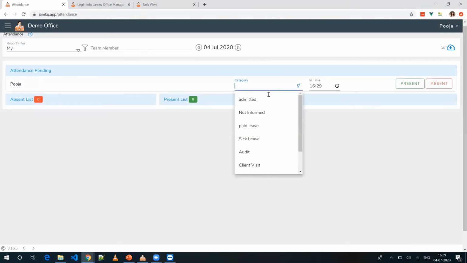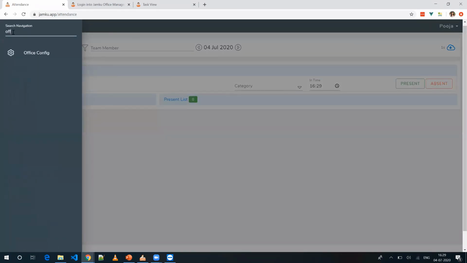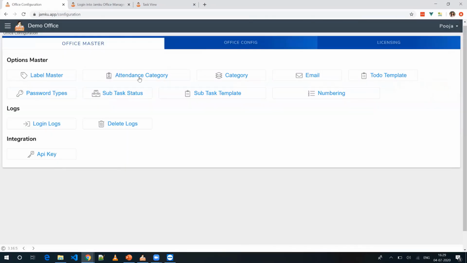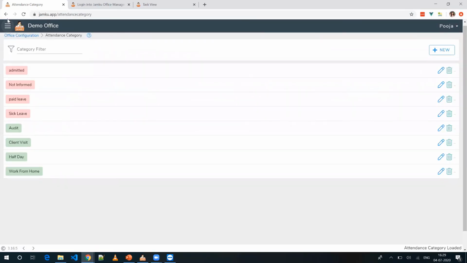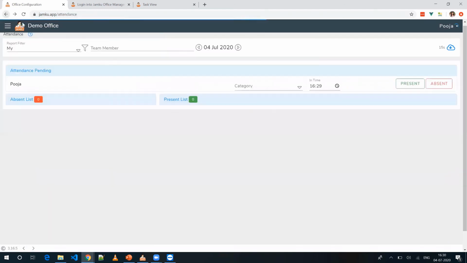There is an option to create categories as well in the attendance. Now where to create this category? As you know, on the office config page. Attendance category is the option wherein you can create several categories for attendance, like work from home, sick leave or whatever, so that while marking the attendance, the team members can select the category and then mark the attendance. So suppose I select work from home